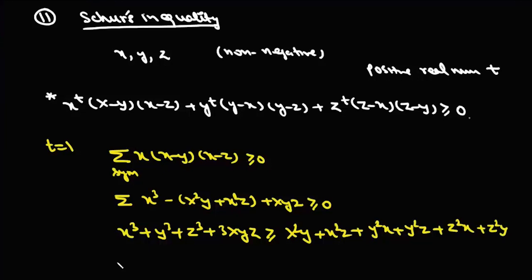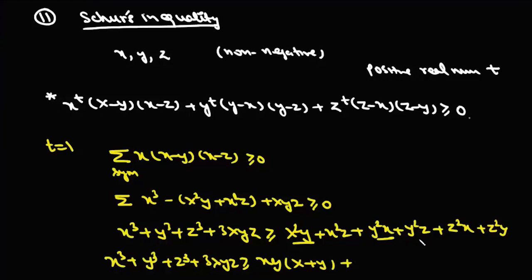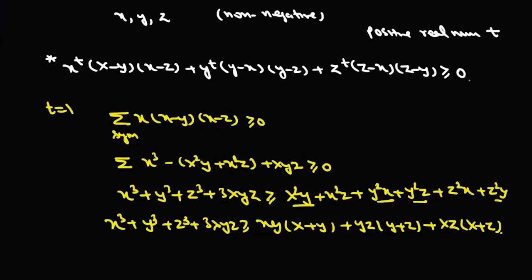Now we can rearrange this right hand side: if we take these two together we can write xy into (x plus y), taking these two yz into (y plus z) plus xz into (x plus z),